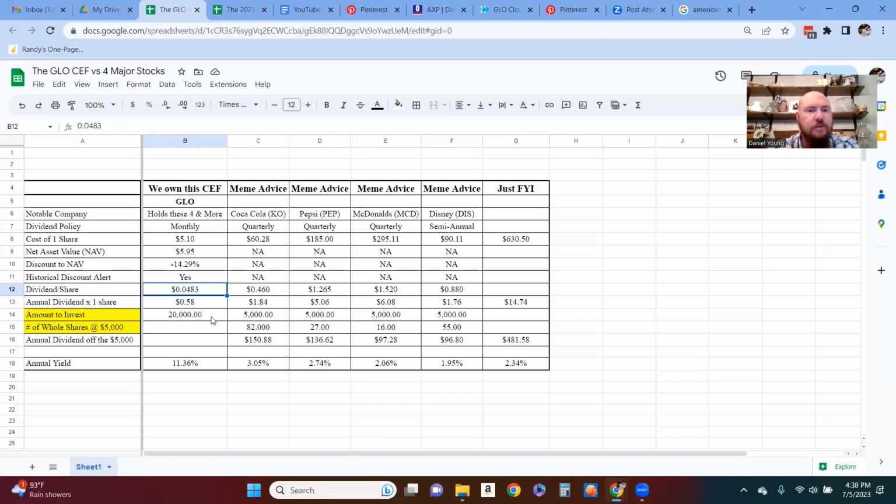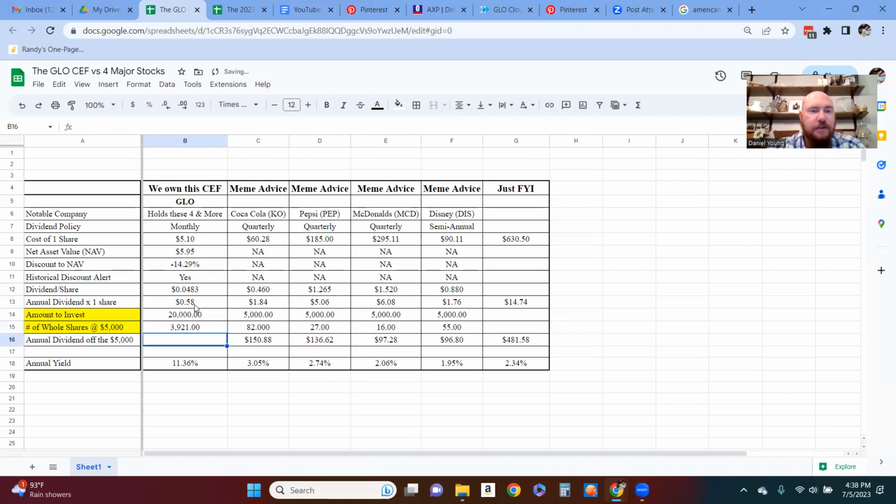So since we're going to invest, or we were advised to invest 20 grand across these 4 funds, we're going to use that number as the metric here. So the number of whole shares, which it says 5 grand because of these, but in this case, we're using 20 grand, equals 20 divided by the open price for today. Oh, we don't want that. So 3,921.